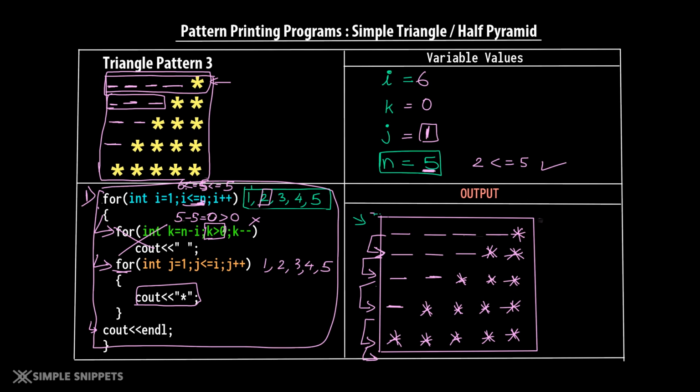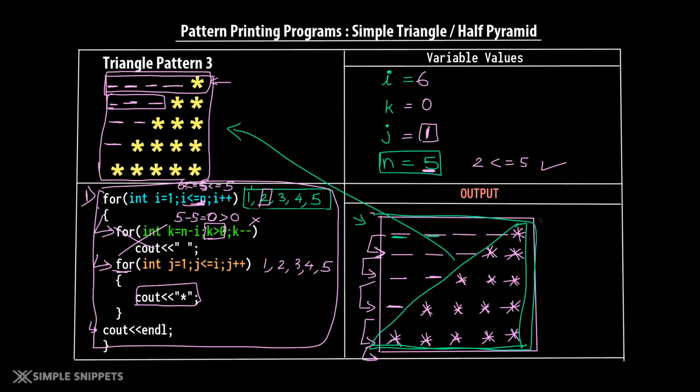If you observe the output, we have pretty much got our triangle, and of course these dashes are nothing but spaces, so on the command prompt you'll only see this triangle and not those dashes. This is pretty similar to what we want over here. So this is pattern 3. I'm guessing you guys have understood this.